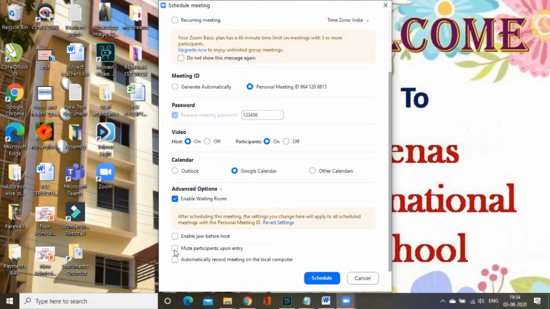You can also choose mute participants upon entry. You can also automatically record the meeting on the local computer. If you are using a phone, I think we don't have a recording option in Zoom; from a PC you have the recording option. That's it. Set this according to your convenience and then click on schedule.